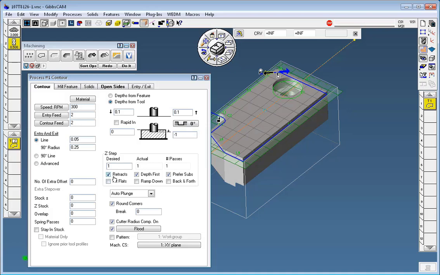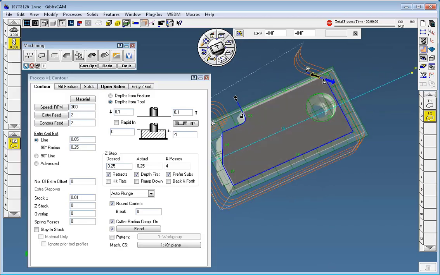Now it's a 1/2 inch tool, so I have to determine my Z step, and let's say I want to take it in 4 steps, and I want to leave 10,000 stock for a finished pass with a smaller tool. So I've got cutter comp on. I retract up and over, and I'm going to say do it. So that's going to give me 4 passes around that